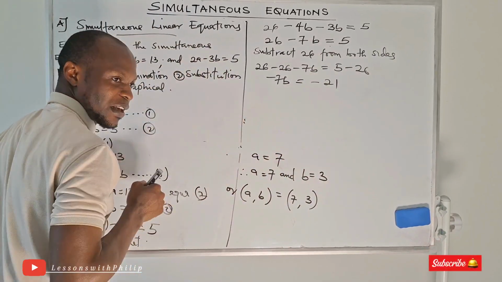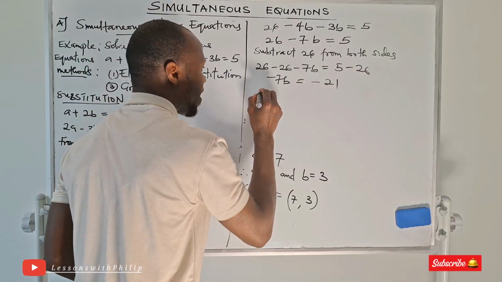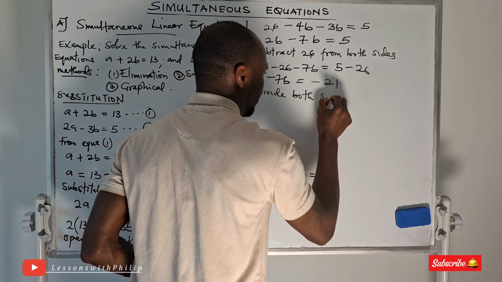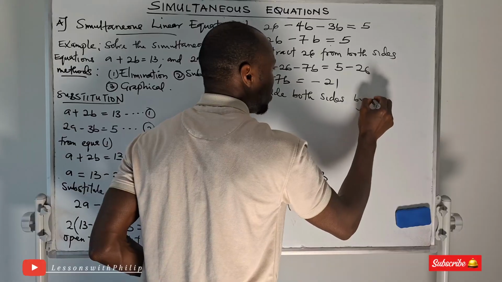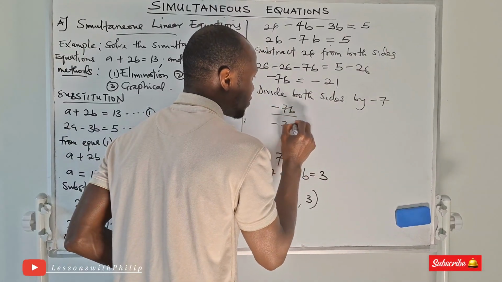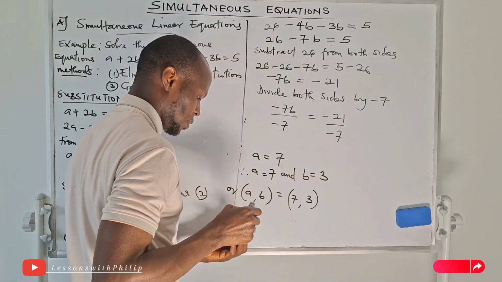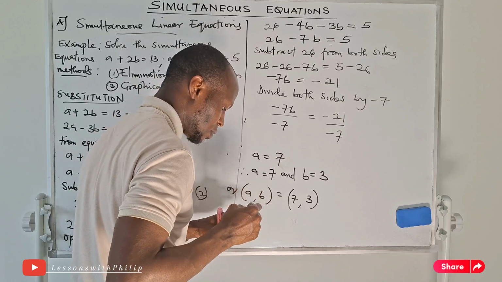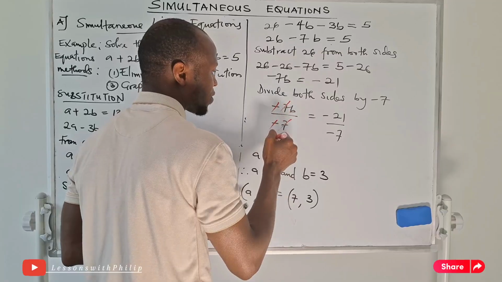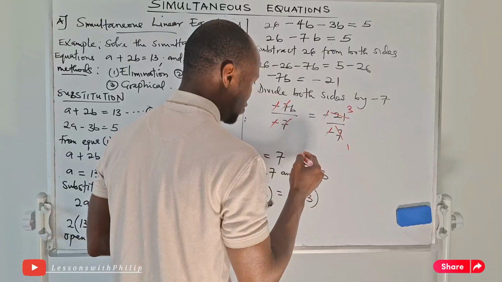How do I remove minus 7? I remove minus 7 by dividing both sides by minus 7. So I have minus 7b divided by minus 7 equals minus 21 divided by minus 7. My minus will cancel my minus. 7 will cancel 7. 7 here 1, 7 here 3. So my b